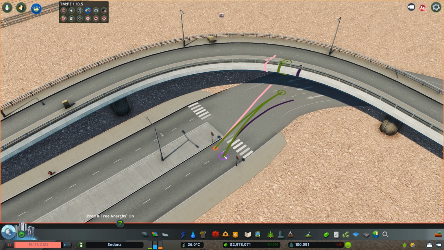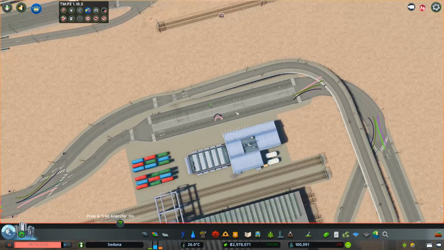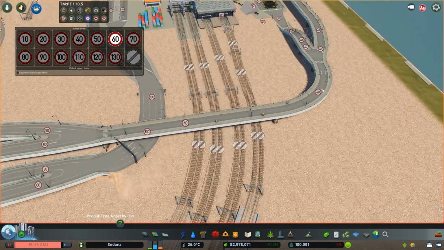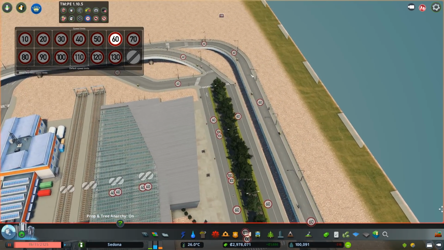So the middle line can go to both, is what I'm going to say. So it spreads out to both there. Then I'm going to say no merging there, because why? And then I'll just leave the rest of that. Okay, so now what we're going to do, let's go here. I'm going to up the speed limit to 60 on pretty much all of this, because it should be at least 60, I think. 60, 60...